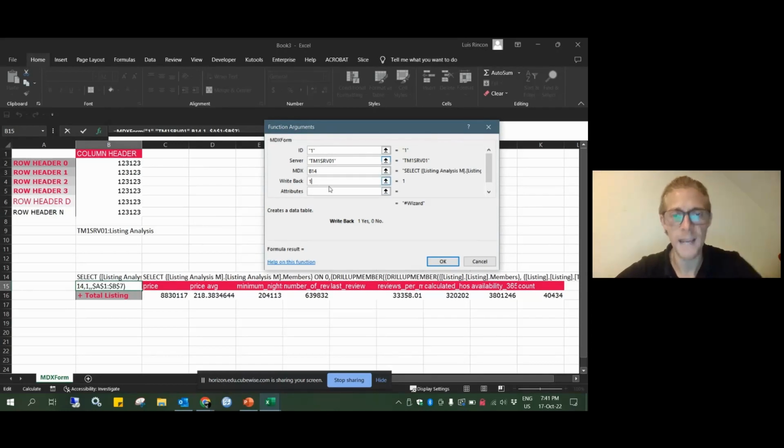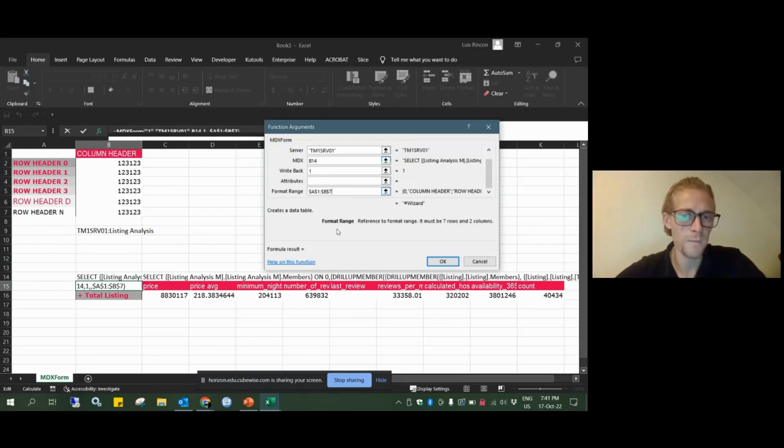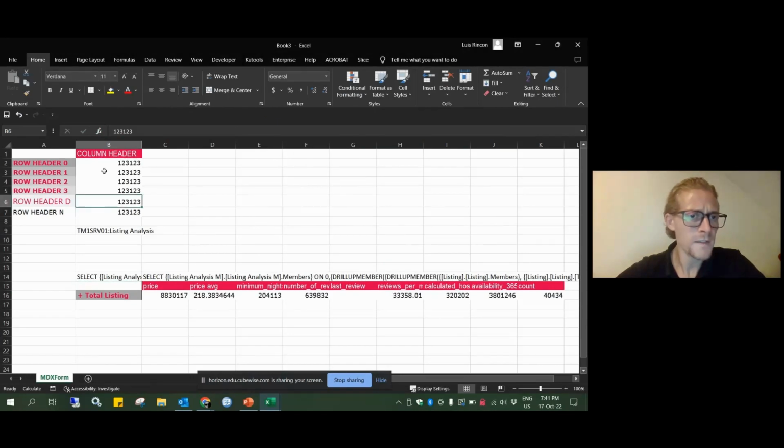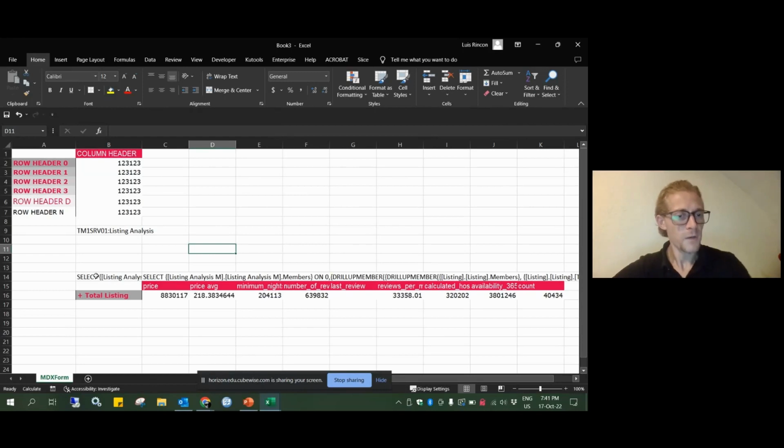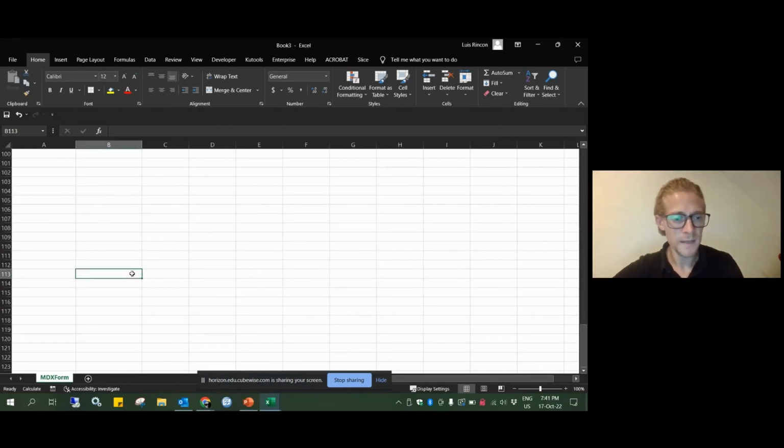We have the flag to write back set to 1, of course, taking precedence rules and TM1 security. And we have our format range, right? So in our format range, you'll notice that there's only the one column that drives the entire report. It's something slightly different to active forms, for example. So what I'm going to do is go and copy the MDX query,